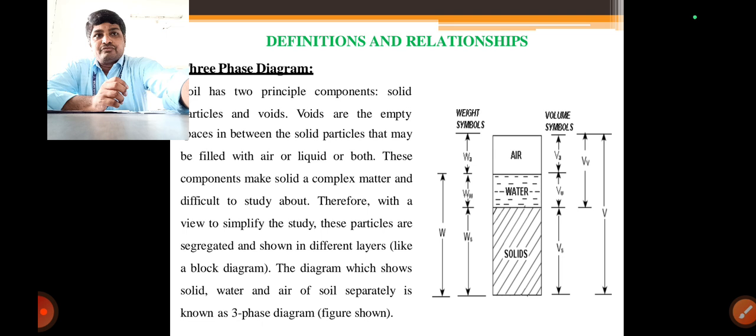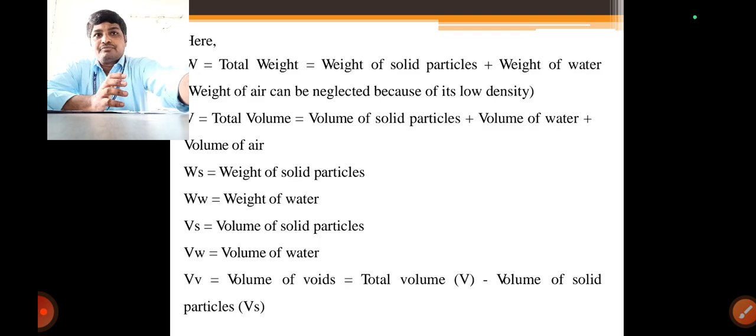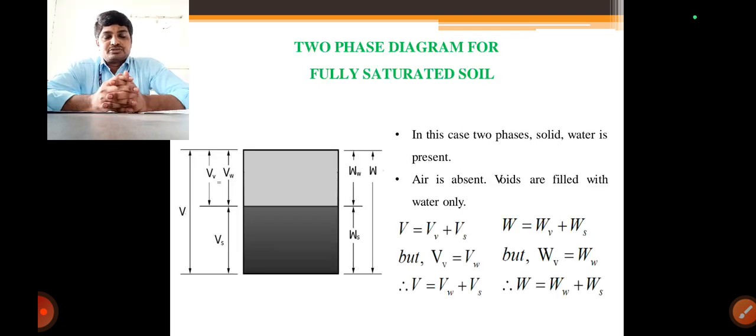And again, besides the three-phase diagram, we also see the two-phase diagram. The two-phase diagram shows fully saturated soil. Here the total soil mass is fully saturated with water, which means there is no air voids. The air voids are absent. That is the way, when we come to the expressions or denoted values, the volume of